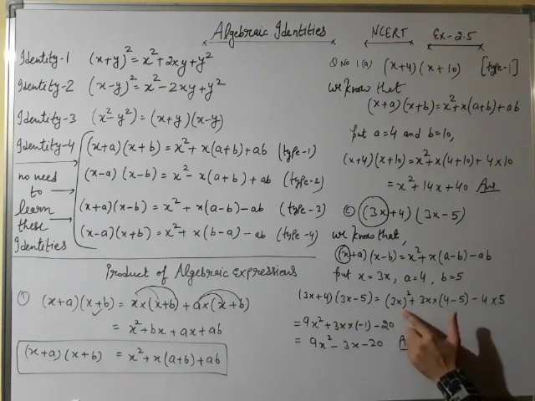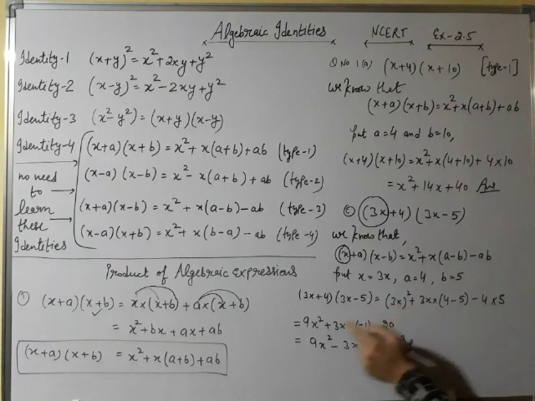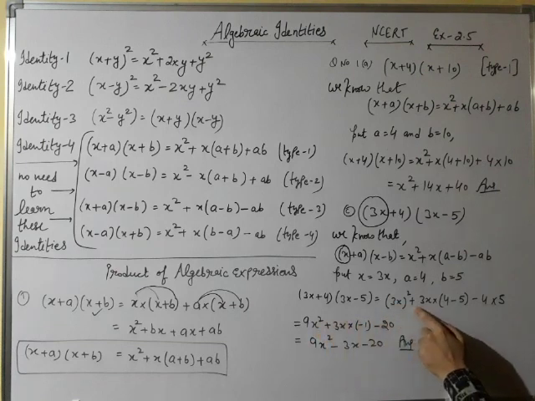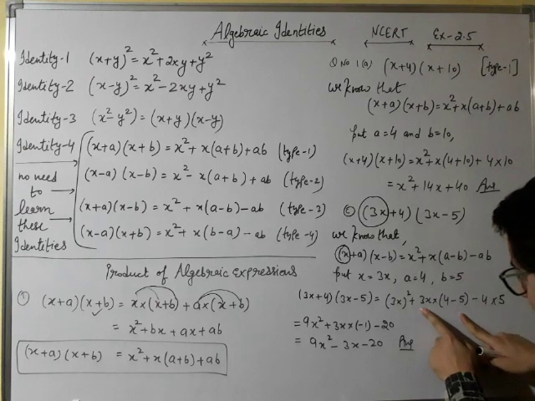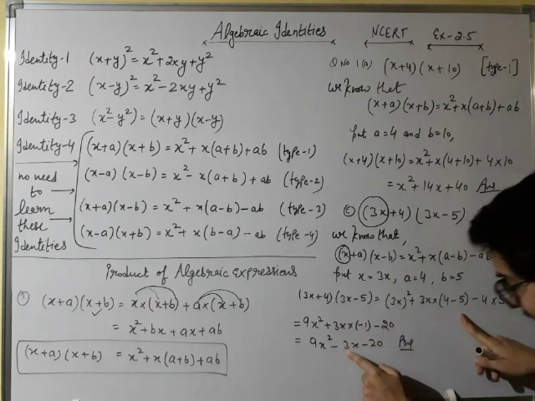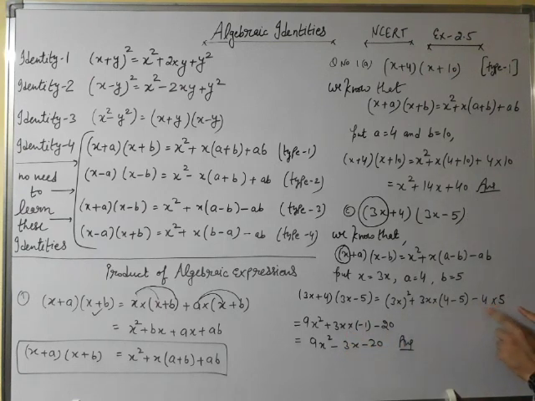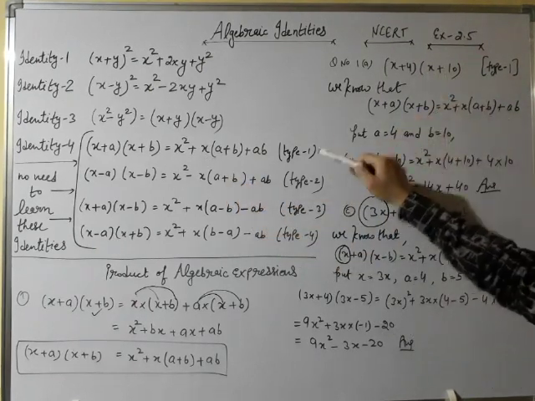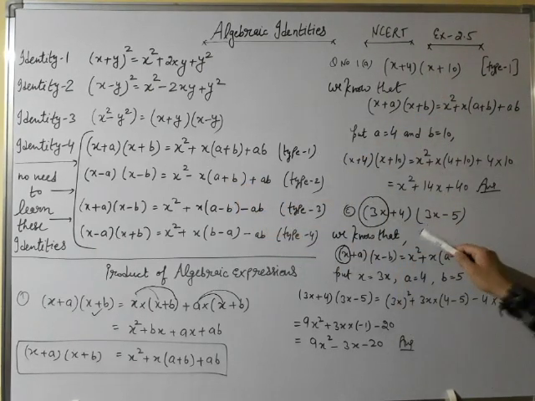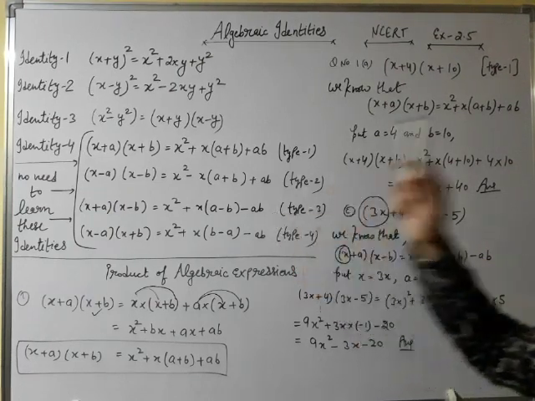Now solve it. (3x) whole square means 3x multiplied by 3x. So it will equal 9x² plus 3x multiplied by 4 minus 5. 4 minus 5 will be equal to minus 1, and minus 1 multiplied by 3x is equal to minus 3x. Minus 4 into 5, minus 20. So this will be the required solution of the two questions which are based on identity number 4. The first question is based on type 1 and the second part is based on type 3 identity.